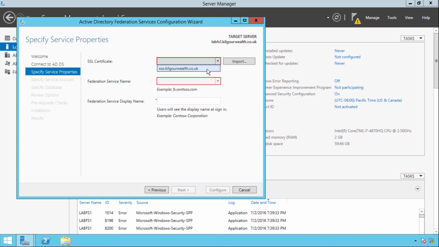So if for whatever reason your certificates aren't set up right, backtrack to the start of this video and listen again to how I explained it, and you should hopefully be able to work it out. So from the drop down, I'm just going to select the certificate that I want to use. At this stage, the Federation display name is really just a string that's displayed on the ADFS landing page,